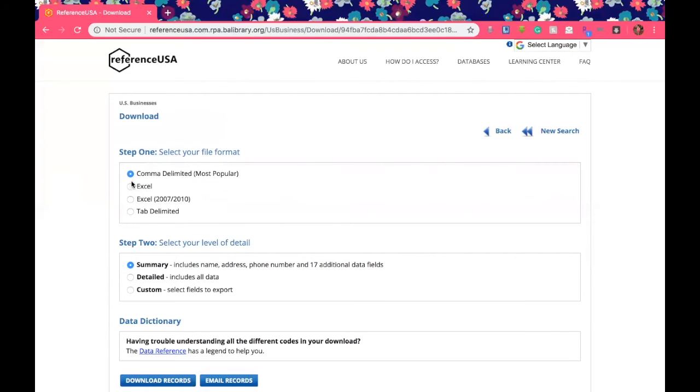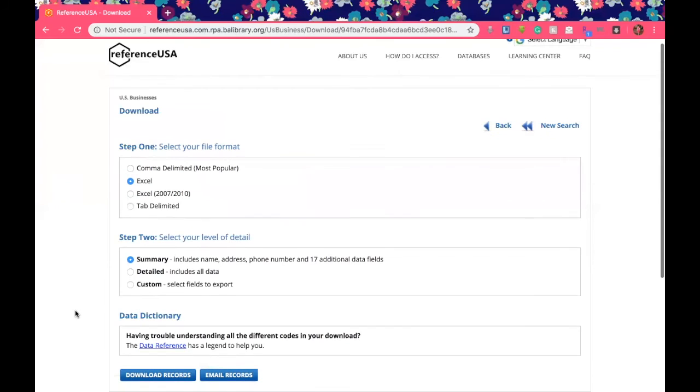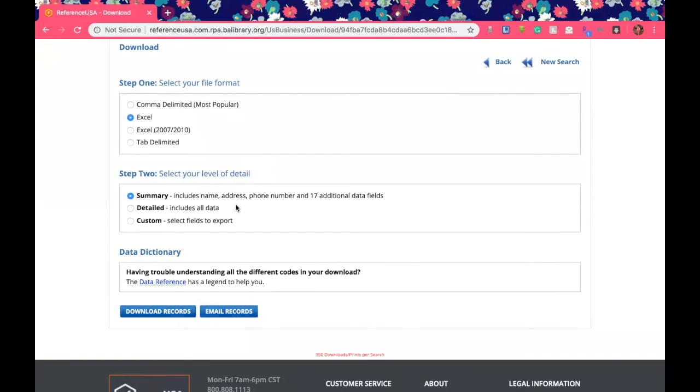So for me, I typically use an Excel format here. If you have other versions of Excel that are perhaps older, you can actually specify that you want it downloaded that way. And then you also have the level of detail as an option for you. Summary is the one that I typically go with, so that will capture all the fields that were listed in the company profile. Detailed includes